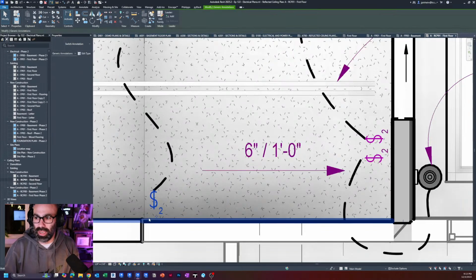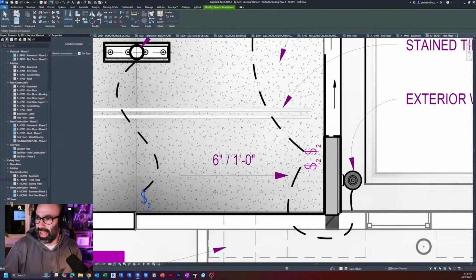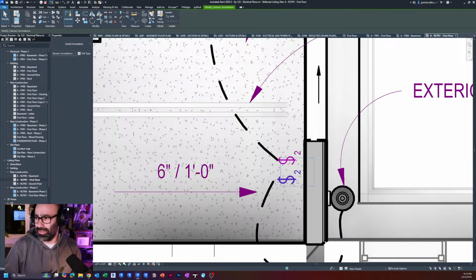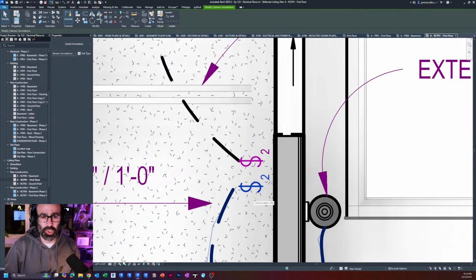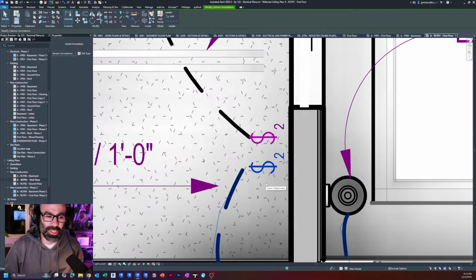But what you'll notice here is that if I select this, I'm actually using a switch annotation that I created or found. I think I created this one. So this switch is an annotation. And why is that? Well, the biggest struggle that a lot of people run into with electrical power and whatnot plans is the fact that in Revit you are